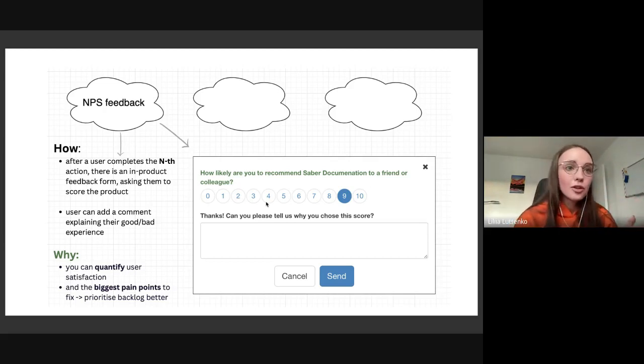For example, the majority of your problems relate to slow content speed. You see that 50% of people who are dissatisfied are mentioning that in the comments. This is a really good way to collect insights on what could be improved about your product and prioritize the backlog better. Because, for example, it can happen that one person in your organization is lobbying an idea and is quite convinced about it, but you see that only 5% of NPS feedback is actually about that idea, whilst the majority is about content download.